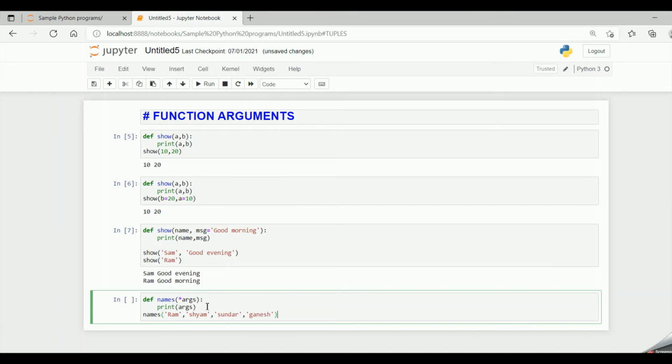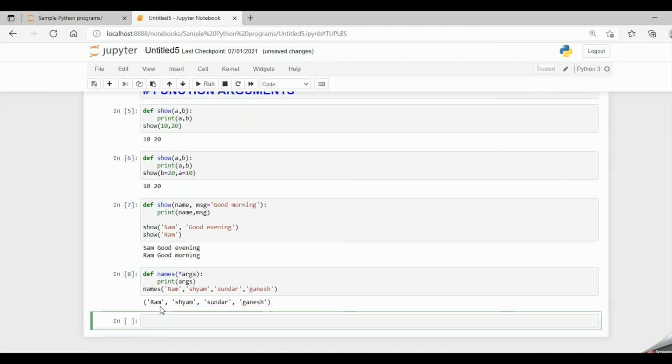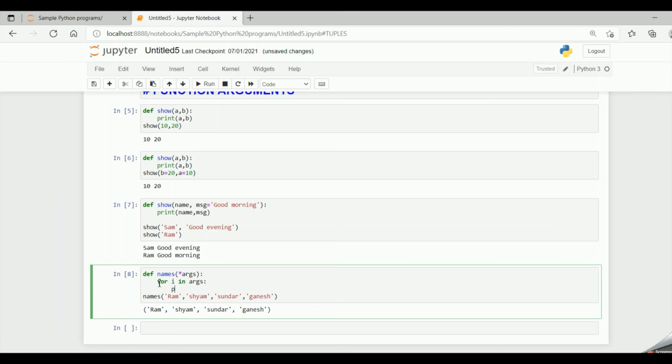Now when I print the variable, it will print the output in the tuple format of the values being passed. So now when I print args, it will print it in the tuple format: Ram, Shyam, Sundar and then Ganesh. If I want to print it in individual lines, then I can say for i in args, print i.